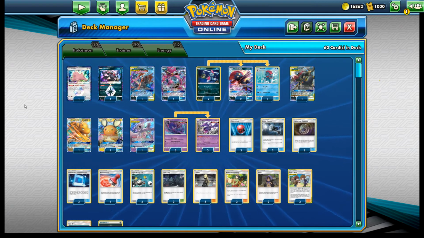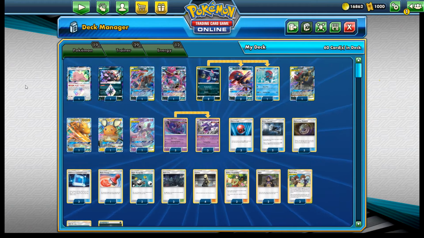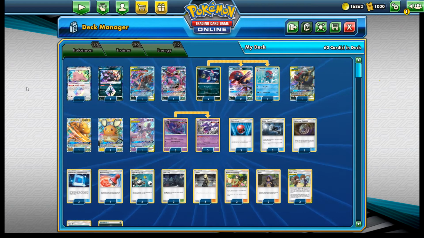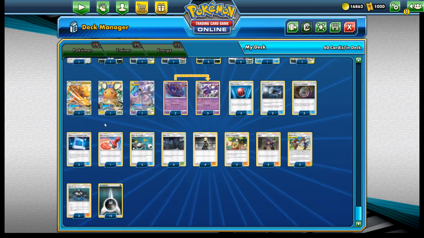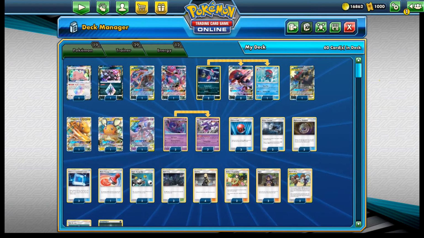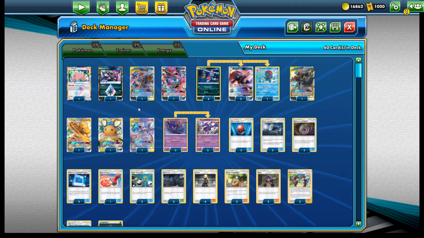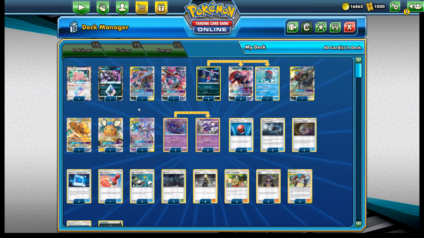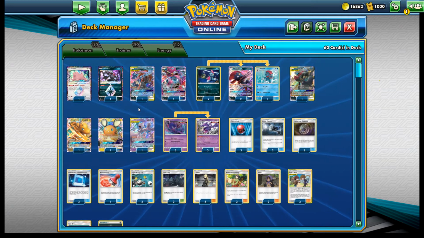In today's video, we'll be looking at a freshly updated Darkbox deck with some of the latest cards from the Cosmic Eclipse expansion. Unfortunately, not too many of them, just a Great Catcher and a Red and Blue, but still, I really like this deck. So let's go quickly through the deck list, and then I'm going to play some games so you can see the